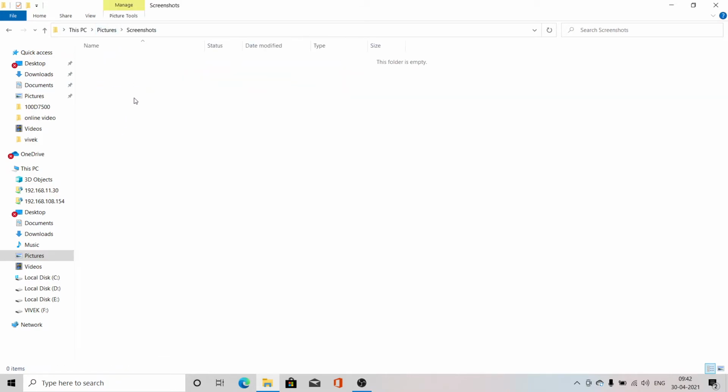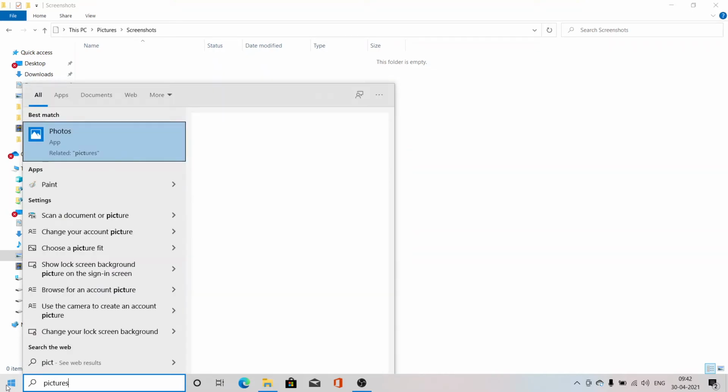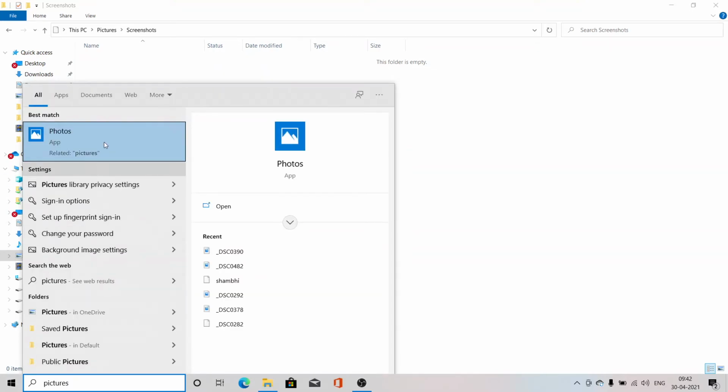Saved pictures, screenshots. Suppose I have taken one screenshot here, it will be saved here. Clear? Otherwise you can go from here also, you can type here pictures.